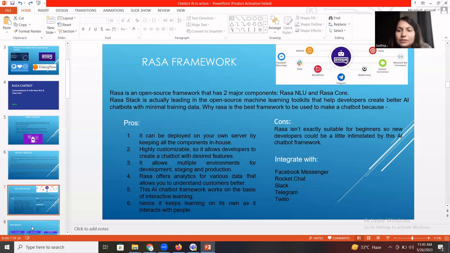But why have we used Rasa here? So first of all, Rasa is open source. It's more humanoid, like a bot that learns from the patterns that you have given. We don't have to write typical code here, and we can customize our responses as well.